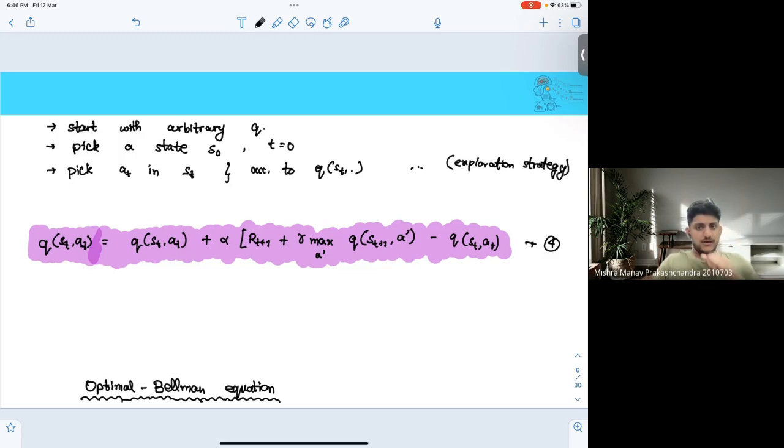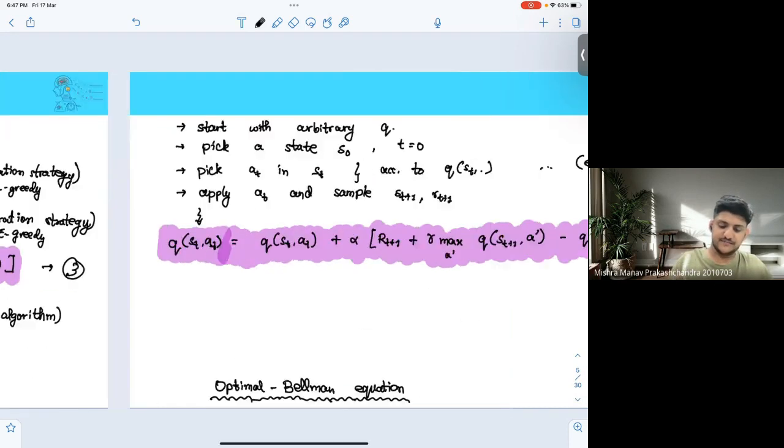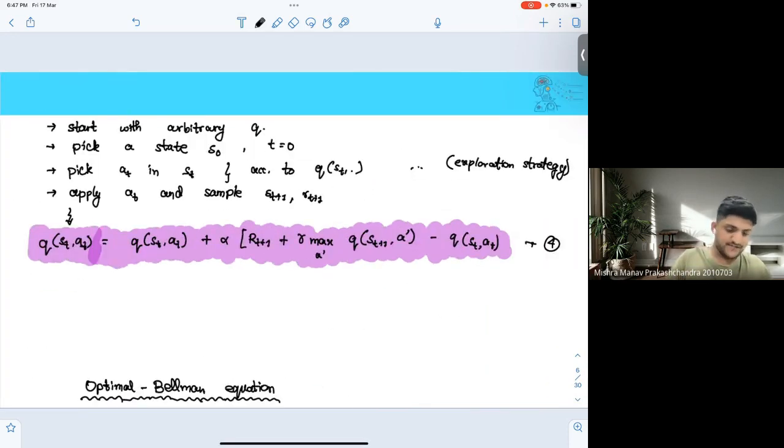Do that, and in the end you apply at and sample st plus 1 and rt plus 1. Okay, and thereafter you do this update. Here also you did this update from here, and then finally you update your time